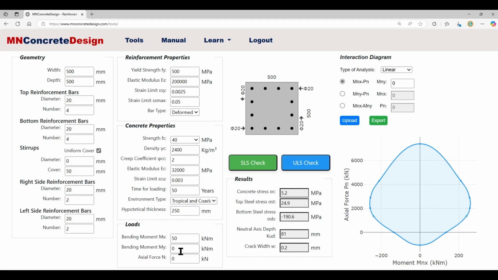We may want to keep the same loads, but to be more realistic, let's put a couple of bending moments like this, and then an axial force just to make it more realistic for a column. We click SLS check,